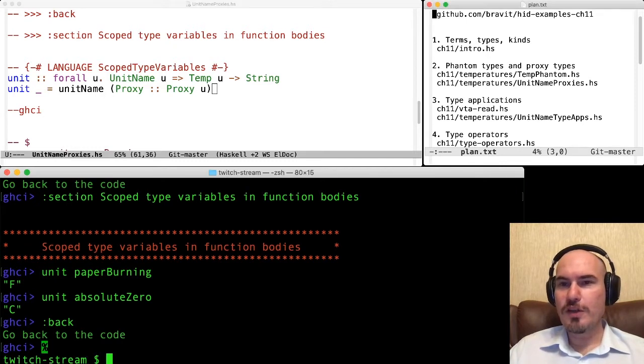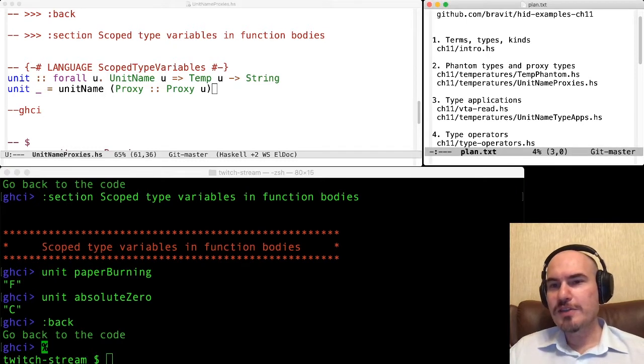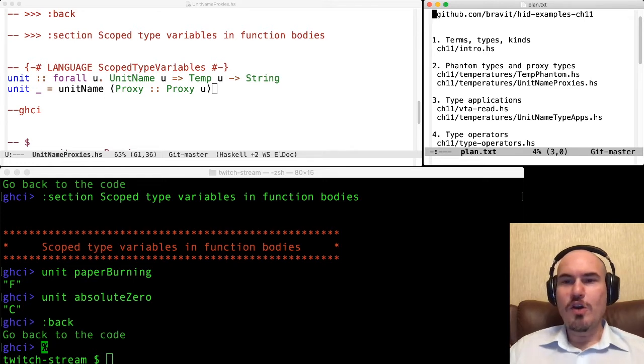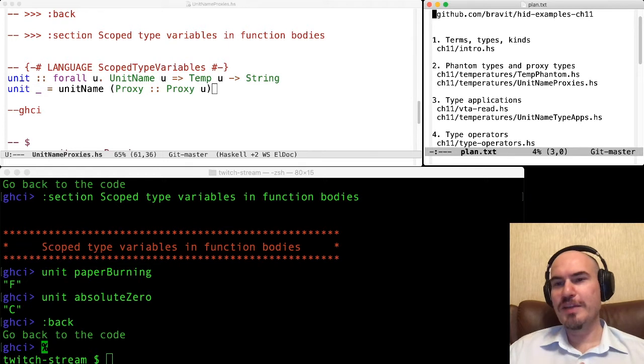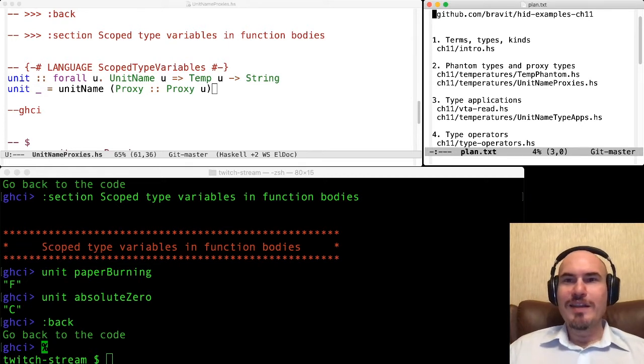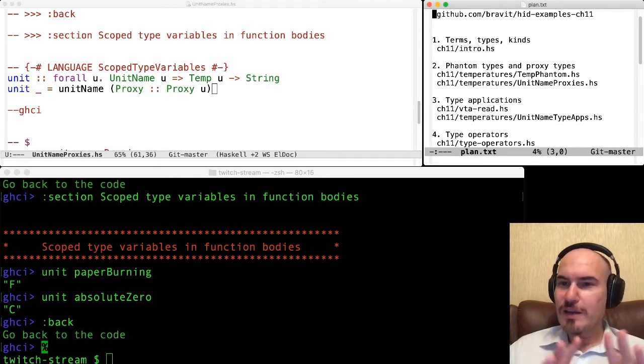I will go further. And I have type applications. So another comment or question in chat: hasn't proxy become obsolete after introduction of visible type applications? Well, no. These techniques are used for close things, but they are quite different.